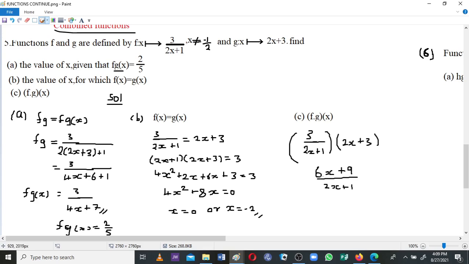So this is your f times g, the product of your functions g(x) and f(x), or f(x) and g(x). All right, so this is how we solve. Now let's